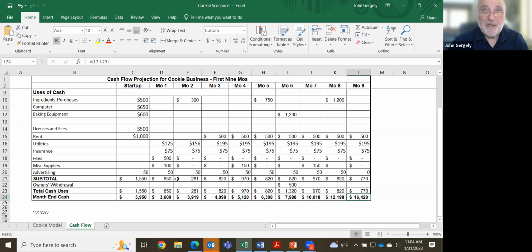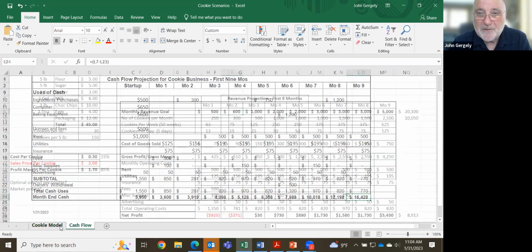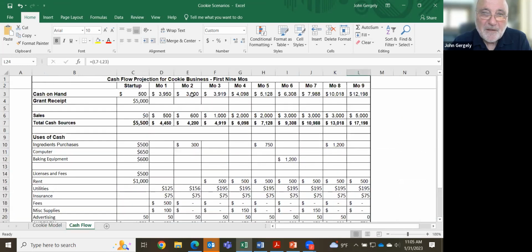One other thing that I would make clear to you is, if you're the kind of business that sells things on credit, so say you sell a product or a service to another business, and that other business only pays once a month, you will be recognizing revenue here on your P&L, but that's $600. Let's say I sold all these cookies on credit to another store, and they say, "Oh, John, we're going to pay you next month." So in month 2, that $600 is not going to be here. It could be